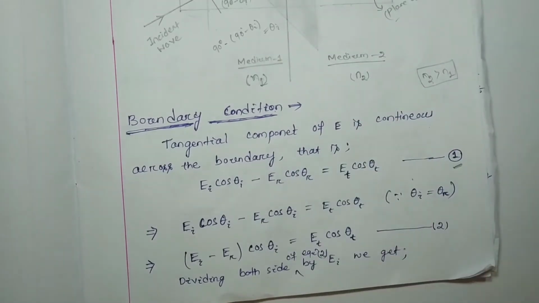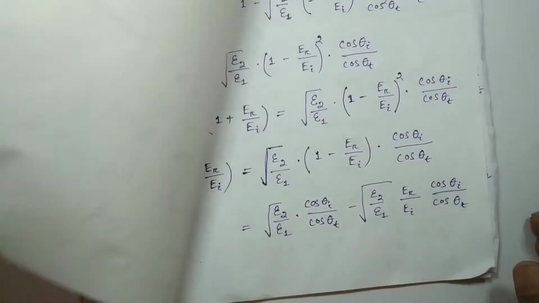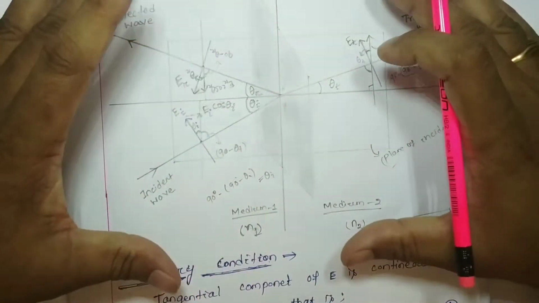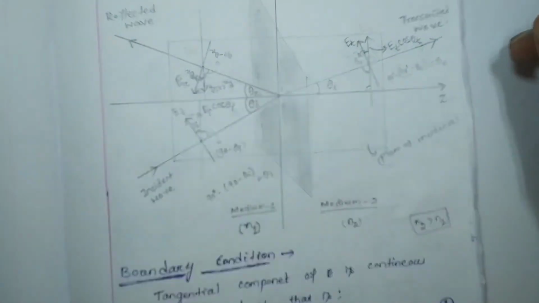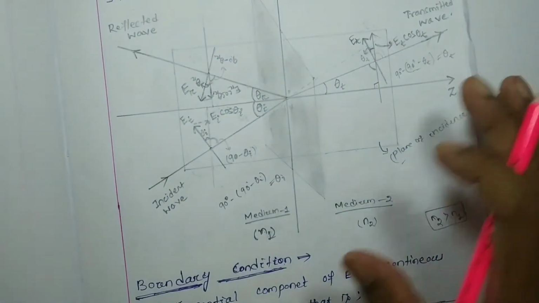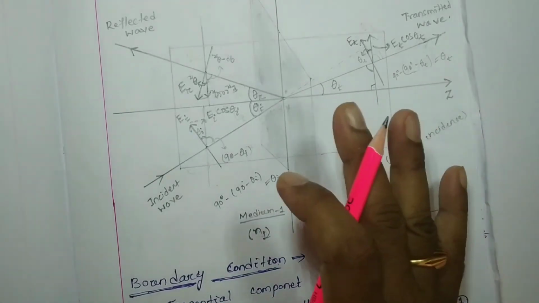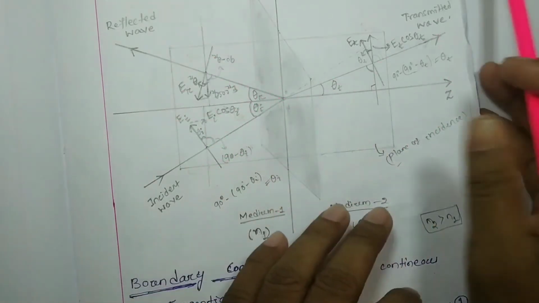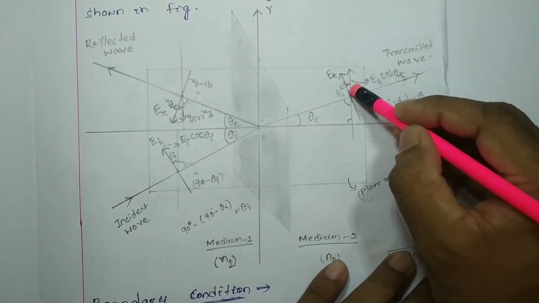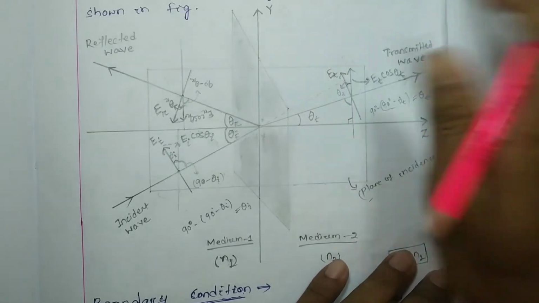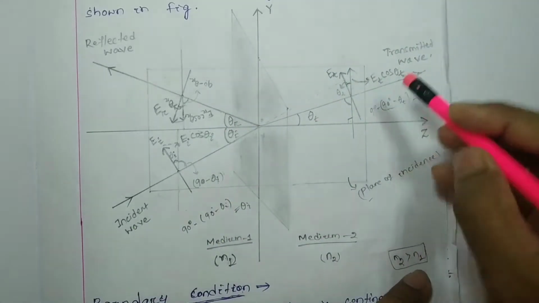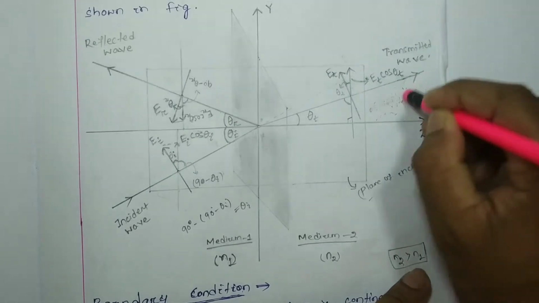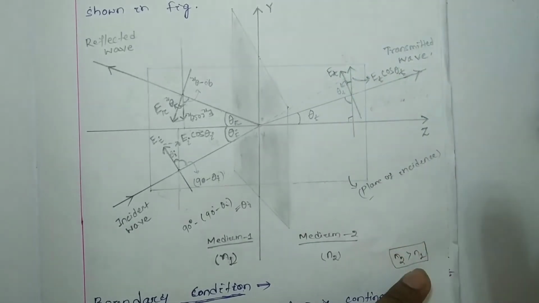Then we have to do the mathematical derivation to find the reflection and transmission coefficients. The most important thing is that you have to draw the figure properly. This is my suggestion: take the time and draw it properly. Here you write all the things in this way. There is no need to write everything, because the same concept has been used. Keep it in your mind, but if we write many things in the figure, it becomes so complex.